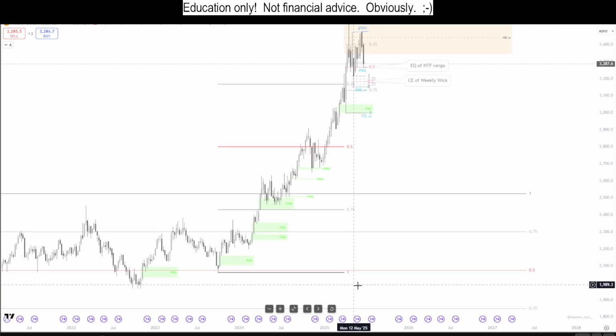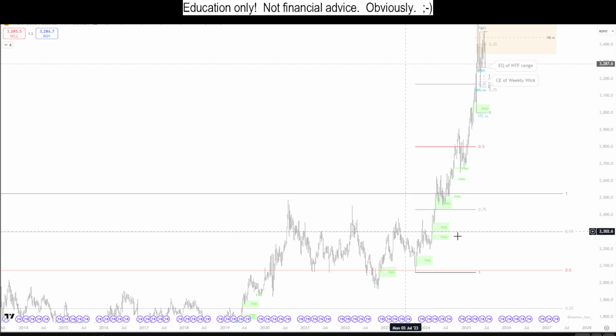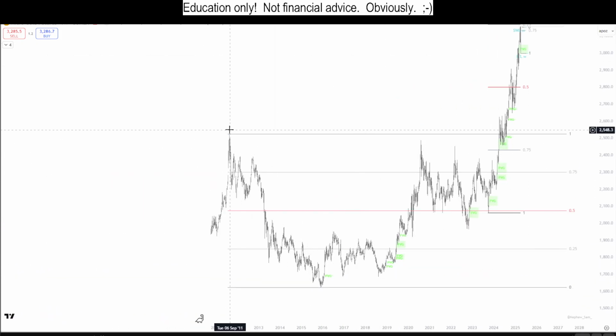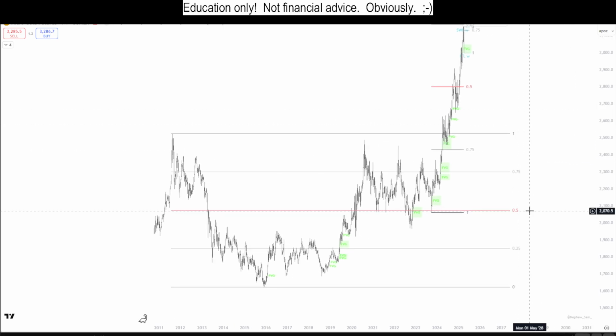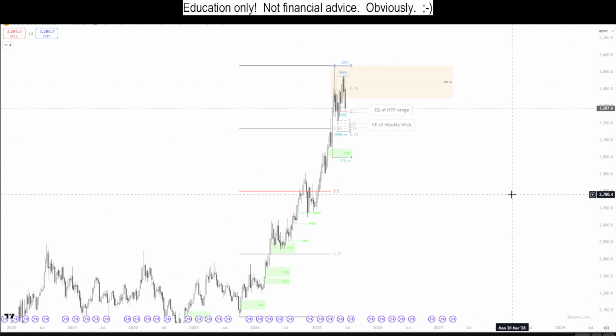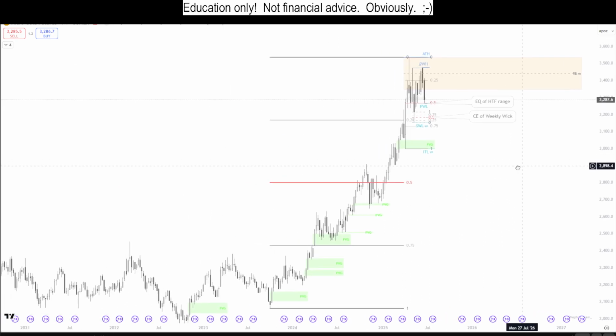All right, and let's see, what is this range? Oh yeah, this was the previous range that we broke out from. So I'm going to take that off as well. All right, clean up the chart a lot. All right, good. Now we're starting to see,